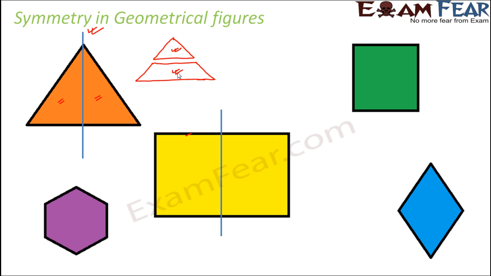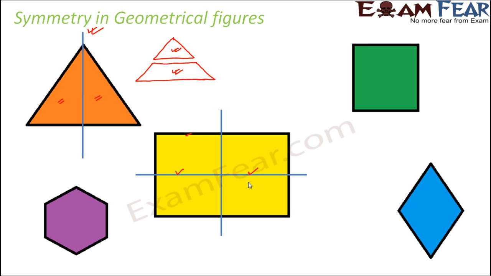In the rectangle again, if you look at this line, what do you think? Is this a line of symmetry? When you observe it closely, you see that this is one half and this is the other half, and both of these halves are identical and they are also mirror images of each other. If you want, you can take a rectangular sheet of paper, place a mirror along this line, and what do you see? You will be able to see the other half as an image in the mirror. The image of this half will be seen in the mirror, and that image will exactly be identical to this half.